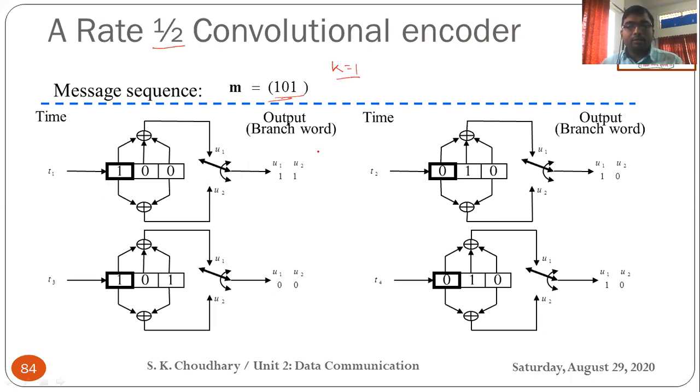This is the feature of the convolutional encoder. Whatever the stream of sequence, here we have taken a simple example of a 3-bit sequence. Maybe it would be a 100-bit sequence. It doesn't matter, but your k remains 1 bit at a time, because here only one shift register is available for receiving the incoming data, and the rest of 2 are used as memory units. And finally, we generate U1, U2 as a branch word or output when you interlace the switch between G1 and G2.